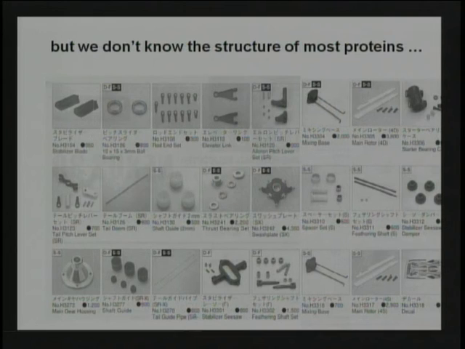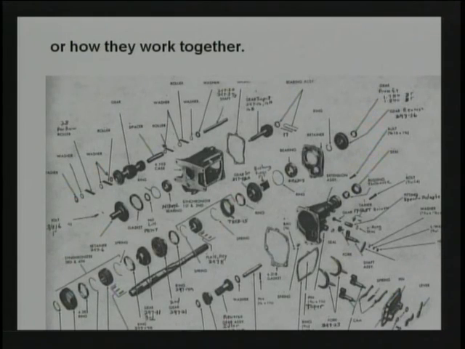We know a lot of them. But in fact, if we really want to understand the three-dimensional interactions, we want to know what all of those look like. And there's some categories that are particularly interesting where we know very few of them. And we also don't know, and this is sort of closer to the ultimate goal, how they work together, how these things fit together to form what amount to individual machines in different parts of the cell.